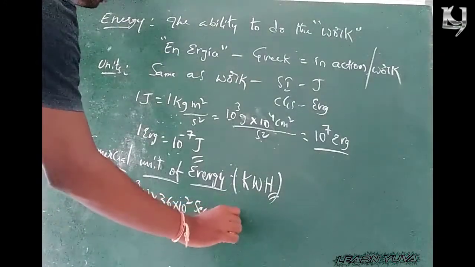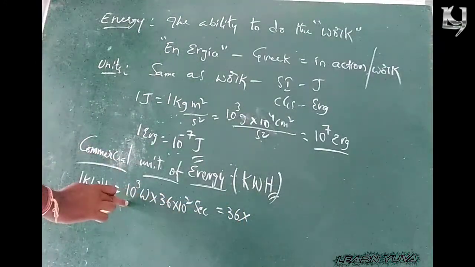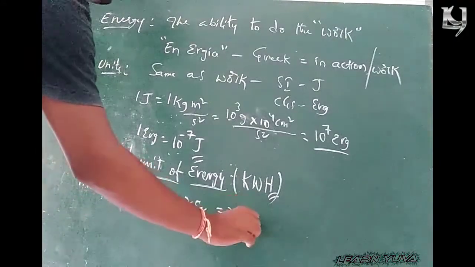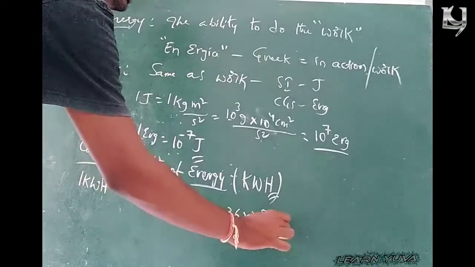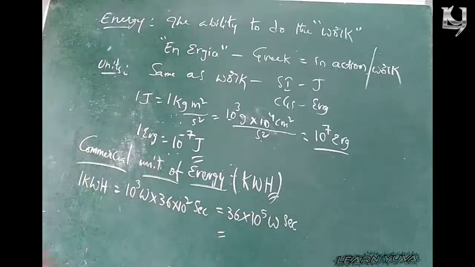So 36 into 10 power 2, 10 power 3. When the bases are the same, powers are added, 3 plus 2, 5. Watt second. Okay, that is equal to